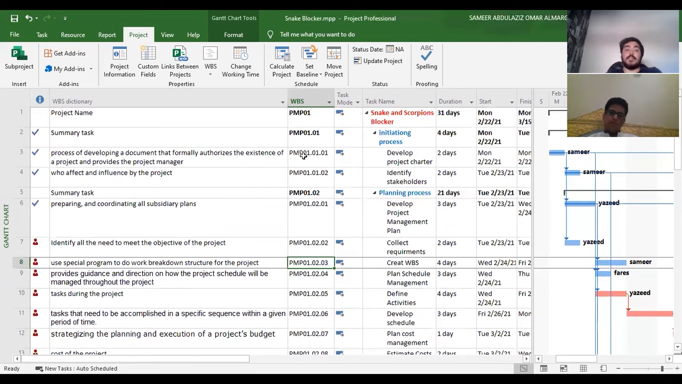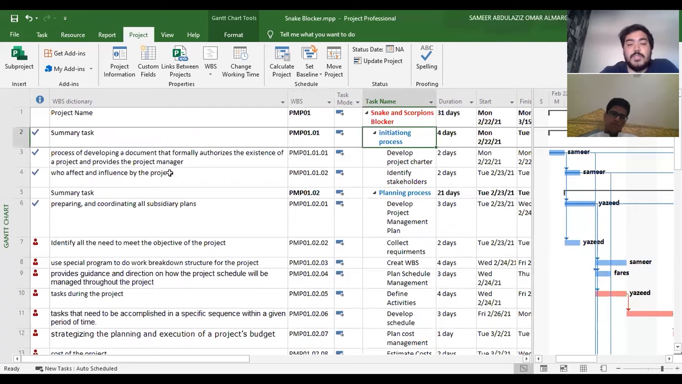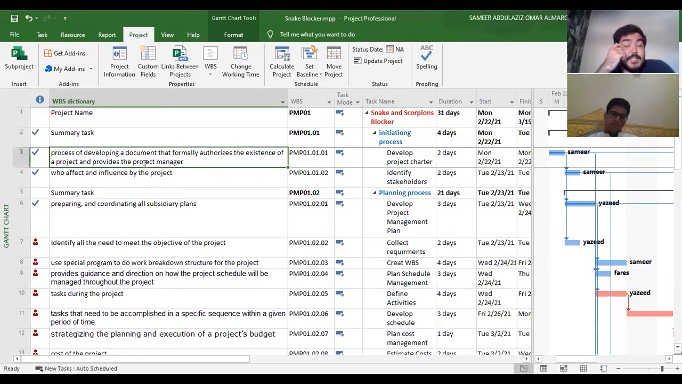Let's see what we did in MS Project with the WBS dictionary. First, we create a column for the WBS, here. Then we name it WBS dictionary, so we can know what it is talking about. The first row is the project name, and the second row is the summary task, represented by the initiation process. Then we define each summary subtask that we have in our project. For example,